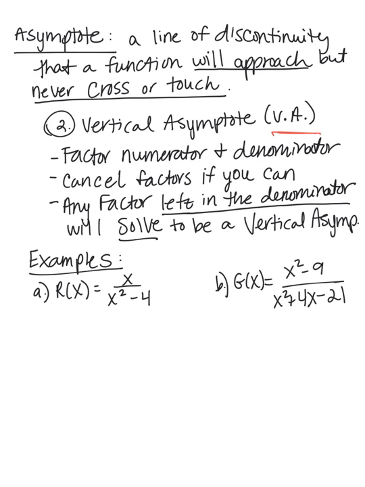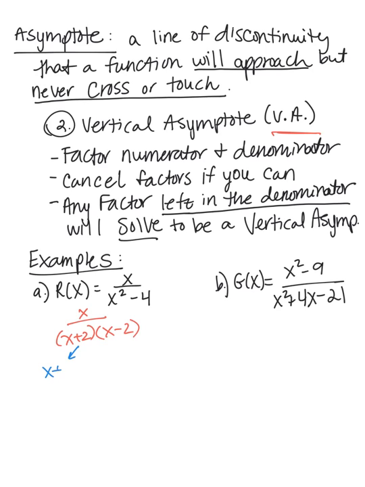So let's look at an example. Let's say, for example, we have x over x squared minus 4. So I'm going to factor the numerator, which it already is, and factor the denominator. That's going to be a difference of perfect squares. So I'm going to get x plus 2 and x minus 2. So I notice that there is nothing to cancel. There's no factors that are the same in the numerator and the denominator. So what that means is I'm going to set the denominator